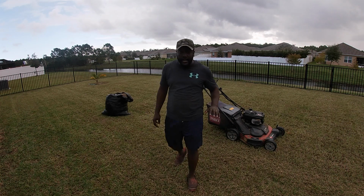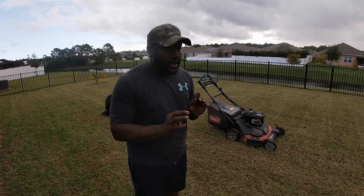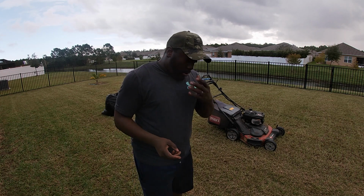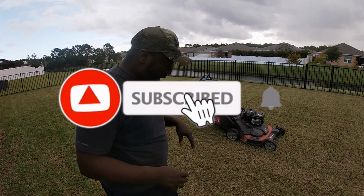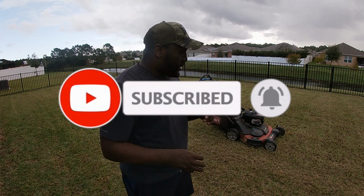Got some sprinkles coming in. I got all the grass up. I don't think I'm gonna have to dethatch for a second time. As I'm looking through, I'm seeing that grass, I'm seeing that dirt. That's what I want. It's a couple spots that I could probably go through with the rake and just kind of rake it up a little bit, but I don't think,